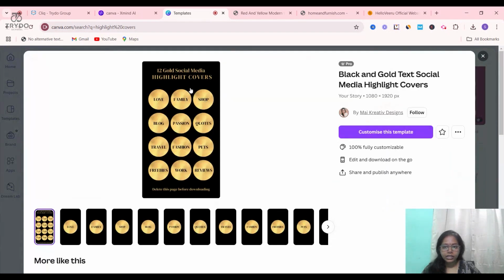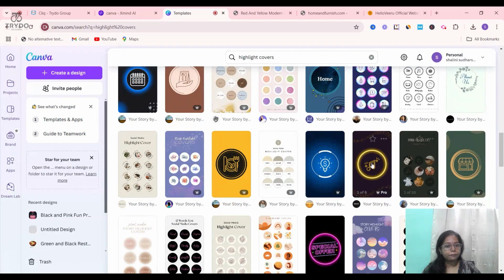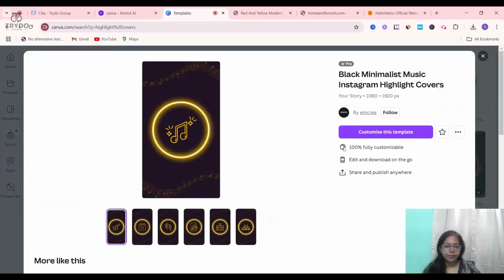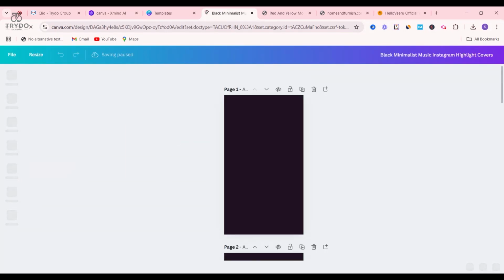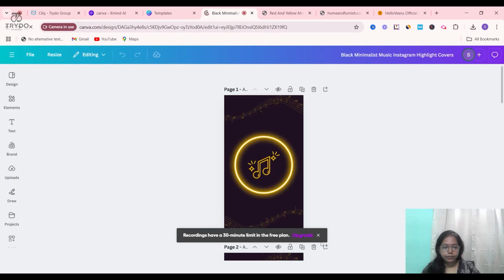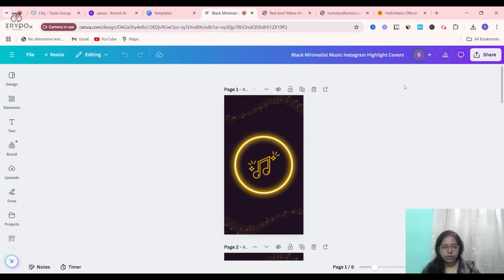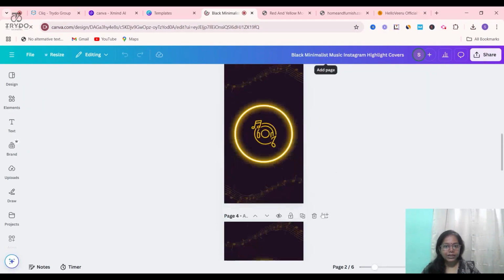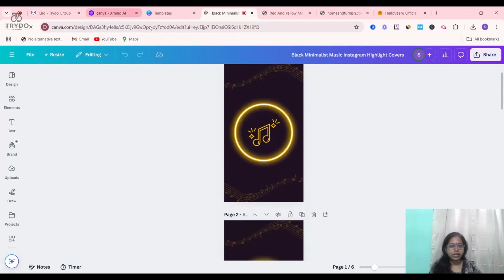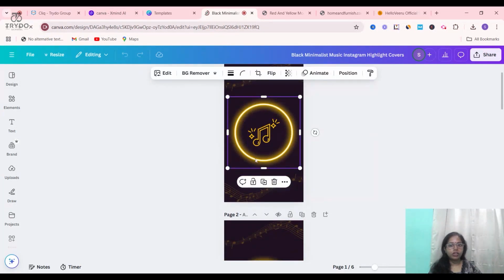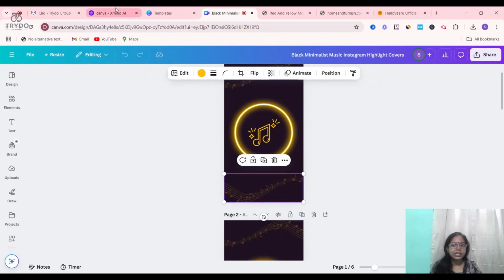The first one is pretty decent. You can add some graphical elements to the highlight covers. This can be easily done. Try to use these highlight covers, which is very easy. You can keep changing them according to your background colors also. Please do this, which looks pretty decent.